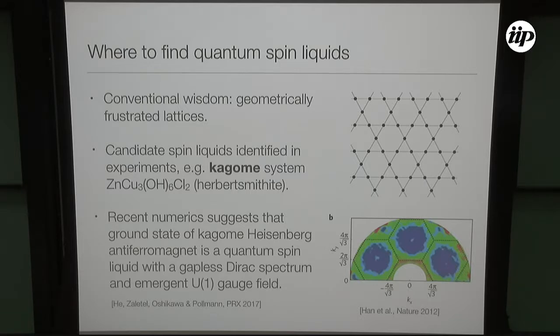So if you do inelastic neutron scattering, you can probe the excitation spectrum of this system, and this was done on this compound. Usually if you have magnetic order, what you expect to see is a very sharp, well-defined peak that tells you about the dispersion relation of the magnon. But in a spin liquid, what you usually get is this kind of blur. It's like the energy is always distributed between pairs of these spin-one-half particles, the spinons. It's a blur, but it's some special kind of blur that you can try to fit with different kinds of theories.